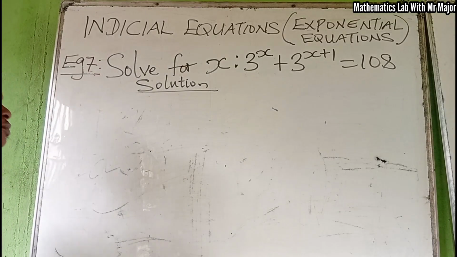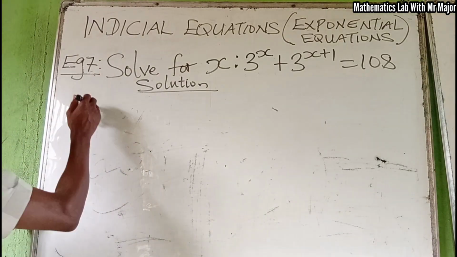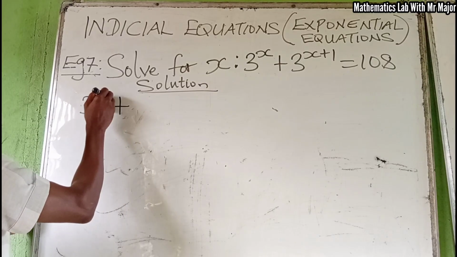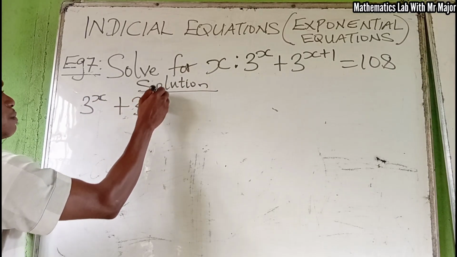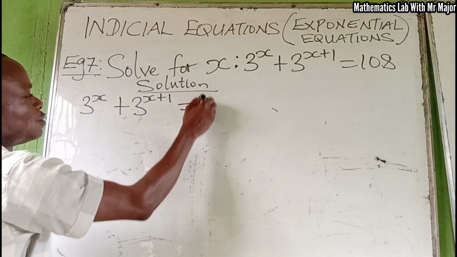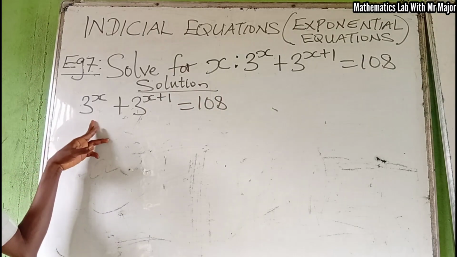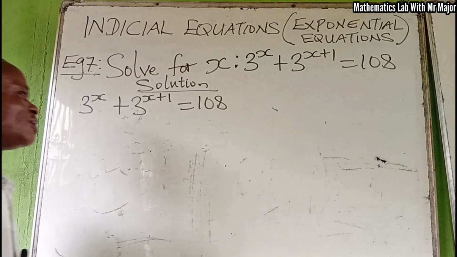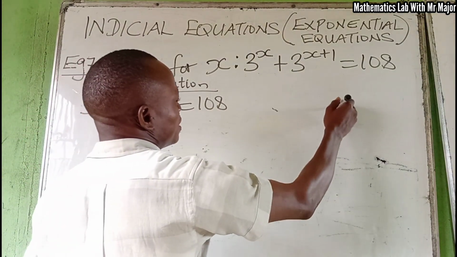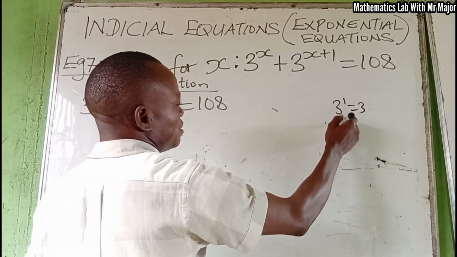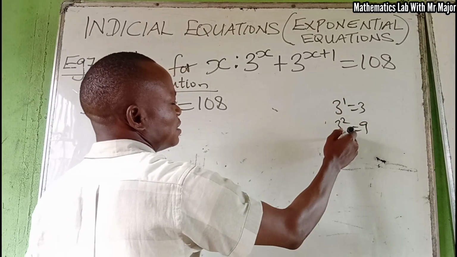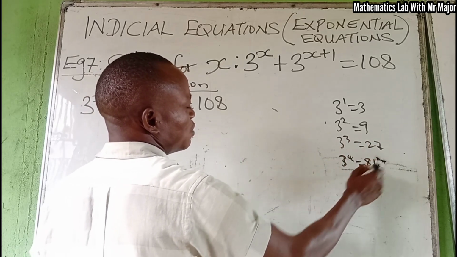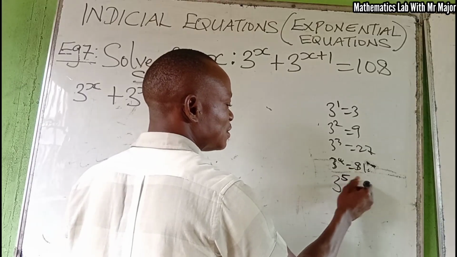At question number 7, which says we should solve for x given that 3 raised to power x plus 3 raised to power x plus 1 equal to 108. The base here is 3, the base here is 3, the base here is 108. Now, 3 raised to power 1 is 3. 3 raised to power 2 is 9. 3 raised to power 3 is 27. 3 raised to power 4 is 81. Then 3 raised to power 5 is